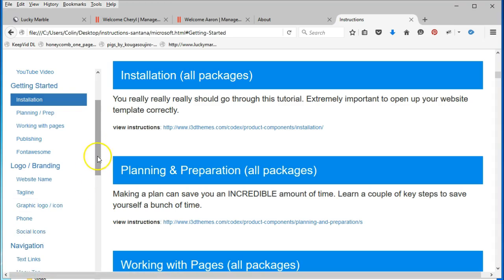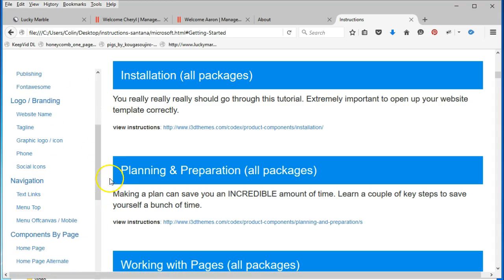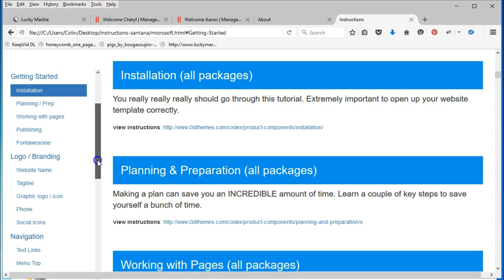the template, including the navigation. The way it's set up is there's installing the template, which I just basically went through, and planning and preparation. That's just tips and advice. Basically, it's just a little bit of reading. You can skip through it if you want to. But if you've never built a website before, this is really what it's for. It's just some tips and advice on building a website, planning, how to plan your pages out,